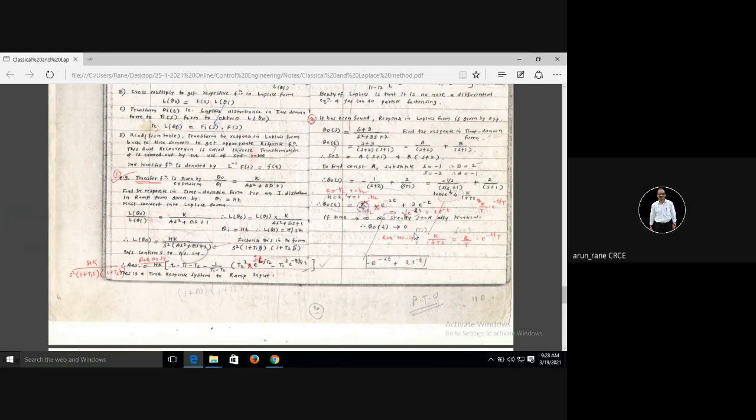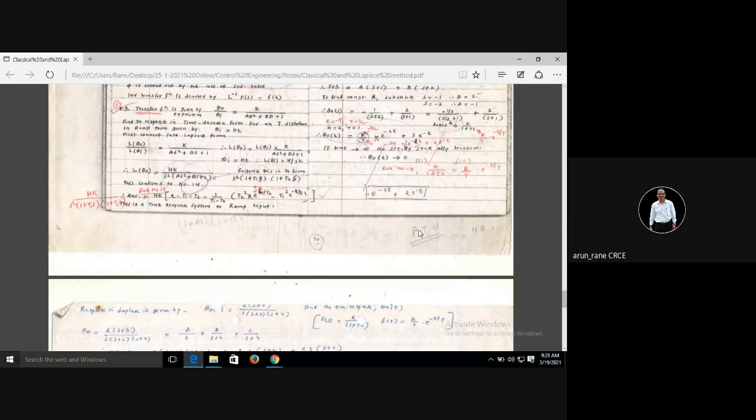So let's go for the next example. Again, I am repeating this now. This is the transfer function, that is theta o is equal to 2 into s plus 6. Now here the Laplace inverse is given. That is, F of s is equal to k upon 1 plus Ts, so f of t is equal to k by T into e raised to minus t by T, where T is the time constant, small t is the instantaneous time, and k is a constant.